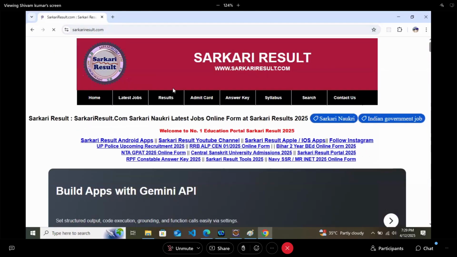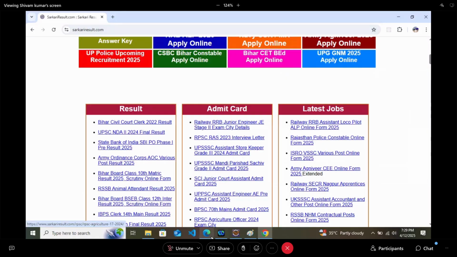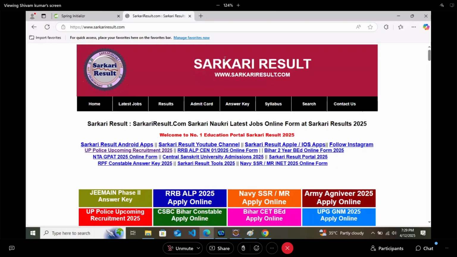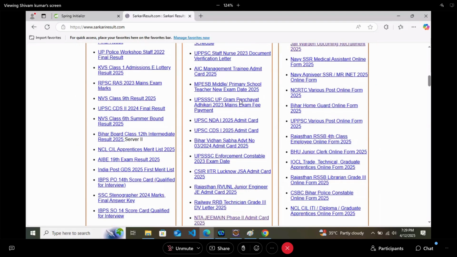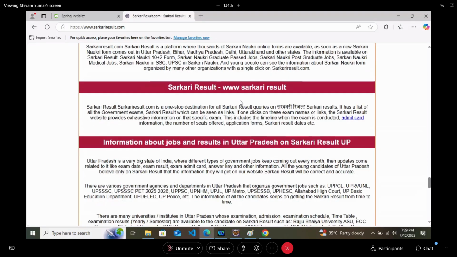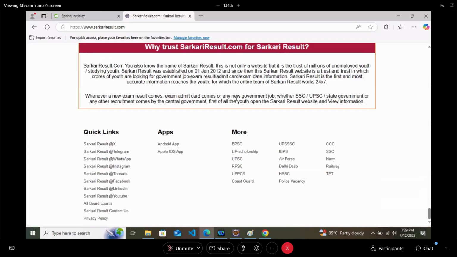Again, we are getting a different ad, but here we are not getting a single ad, right? Even on this website. I can open YouTube here and you can play YouTube for 100 hours without YouTube Premium. Not even a single ad will come.